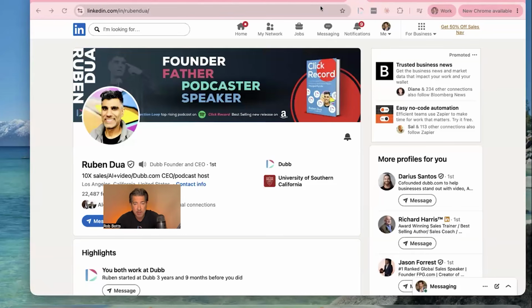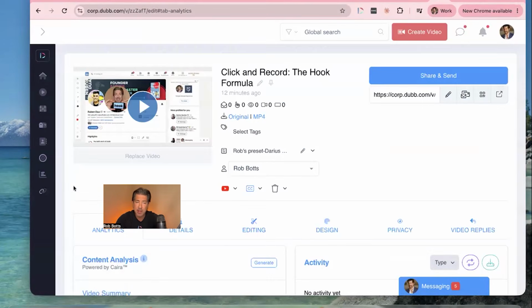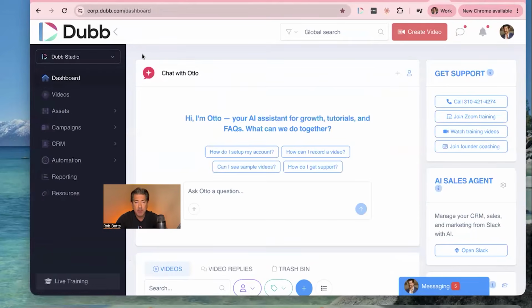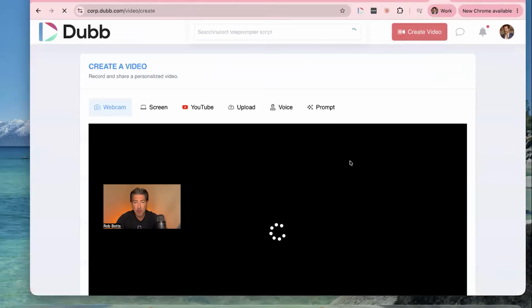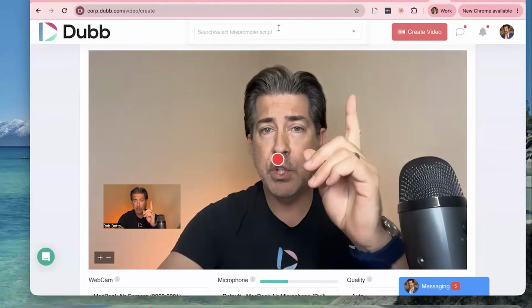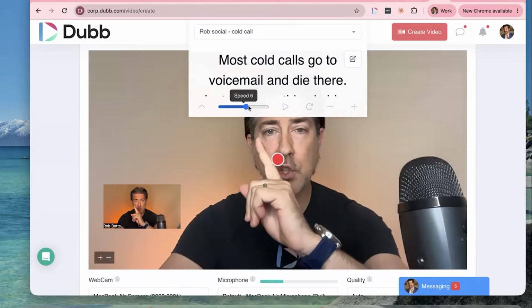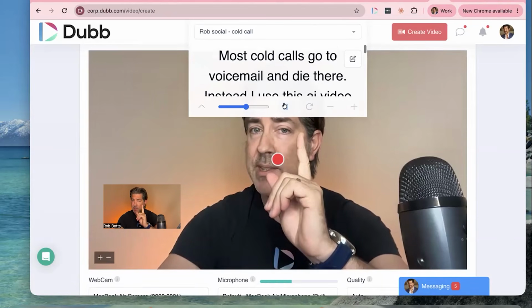Now, the last teleprompter that you're going to be able to use is going to be with the webcam. Now, the webcam is right in here, and you can do this with the desktop app, or you can do it with the basic recorder inside of the Dubb platform, the Dubb Studio platform. Either one, desktop or in here. But when you are in here, the important thing to remember is have good framing here, choose your script, grab it here, make sure you're framed right in the middle, control your speed up and down, test the speed,